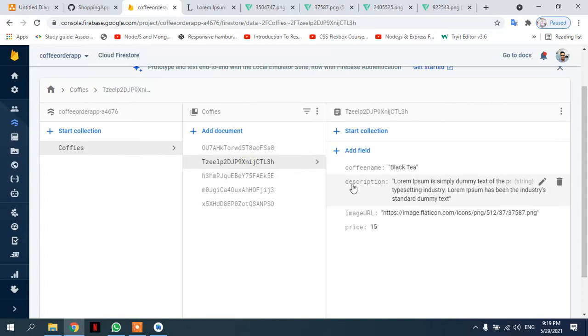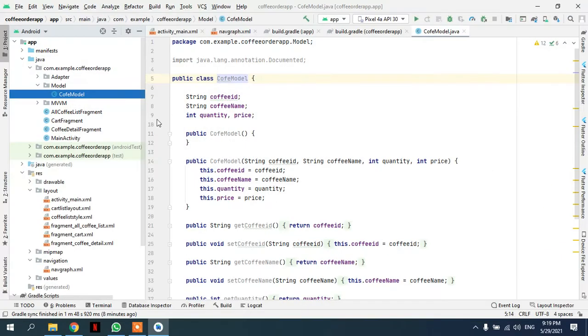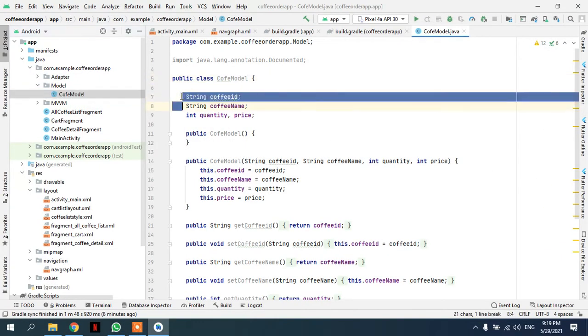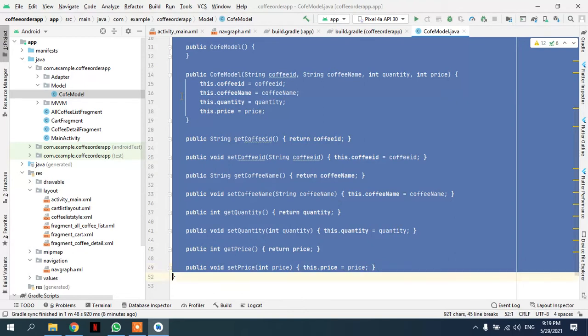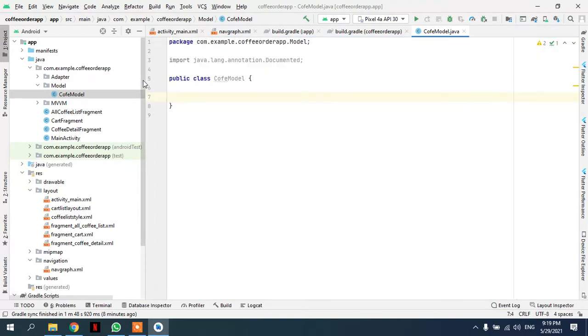And now we can use these key names as the blueprint for our model. So now we know what we needed, and we'll just go to Android Studio, and maybe I'll just delete this whole thing and rename the whole stuff. So we have a string description,